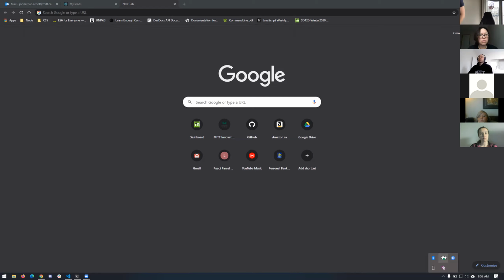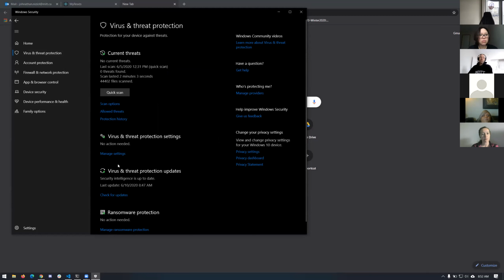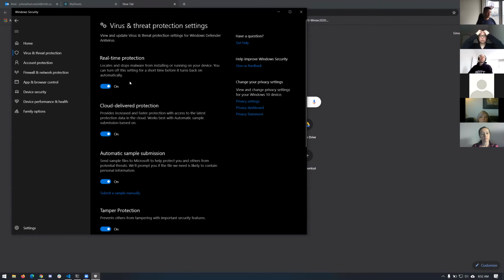Windows Defender slows down the installation of node packages by at least 50%. So if you're on Windows and you find that you're doing a lot of npm install, it might be worth it to turn off real-time protection before you go ahead and do an npm install. It can save you lots of time, like minutes off of every create React app. Every time you do a create React app, every time you do an npm install, turn off real-time protection temporarily,